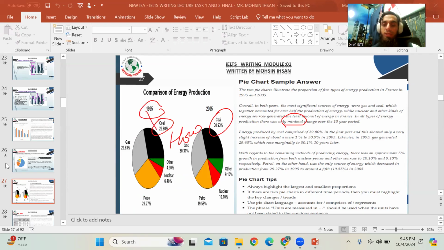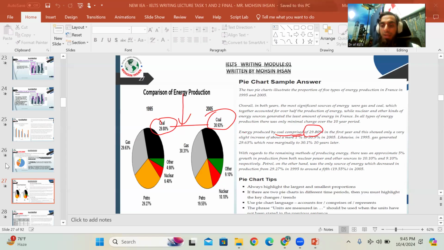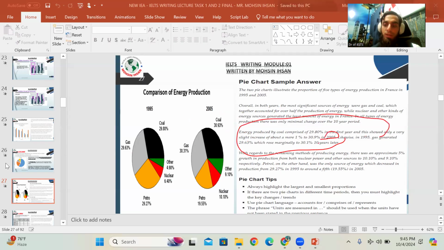Like now see, in 1995, with regard to this paragraph, energy production by coal. सबसे पहले कोल क्यों कि उसकी इस्तेमाल या percentage overall ज्यादा है, राइट, कंपेरेटिवली टू गैस एंड अदर्स। सी, गैस 30.31 है, ये 30.93 है। यहाँ पे 29.63 है, ये 29.80 है। तो जो टॉप पे होगा उसको कंपैरिजन में भी पहले डिस्क्राइब करेंगे, राइट, ज्यादा पोजीशन में। For example, energy production by coal comprised 29.80 in the first year, and this showed only a very slight increase, about 1% to 30% in 2005। और फिर साथ में लाइकवाइज में आप गैस का भी जिक्र कर लेंगे, कोल गैस। एंड नेक्स्ट पैराग्राफ में आप रिमेनिंग का जिक्र करेंगे, because the remainings are having a slight different,